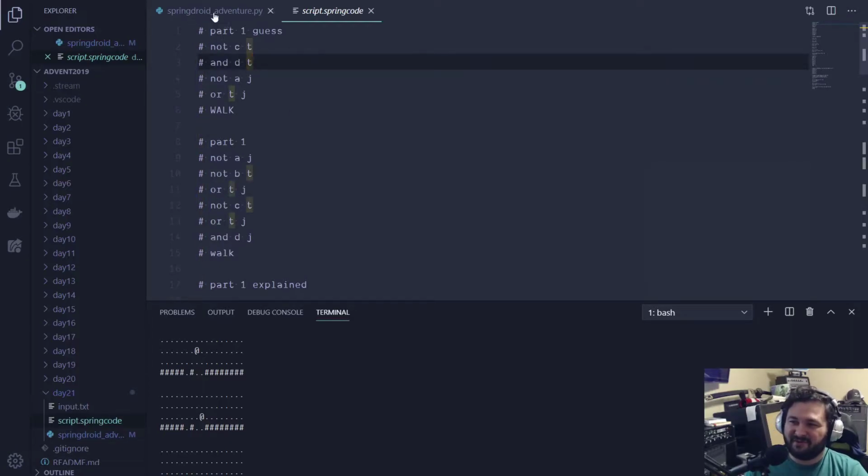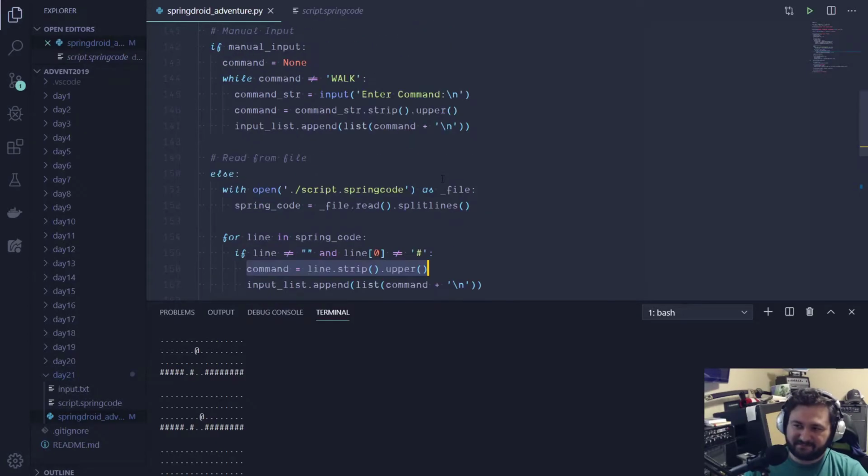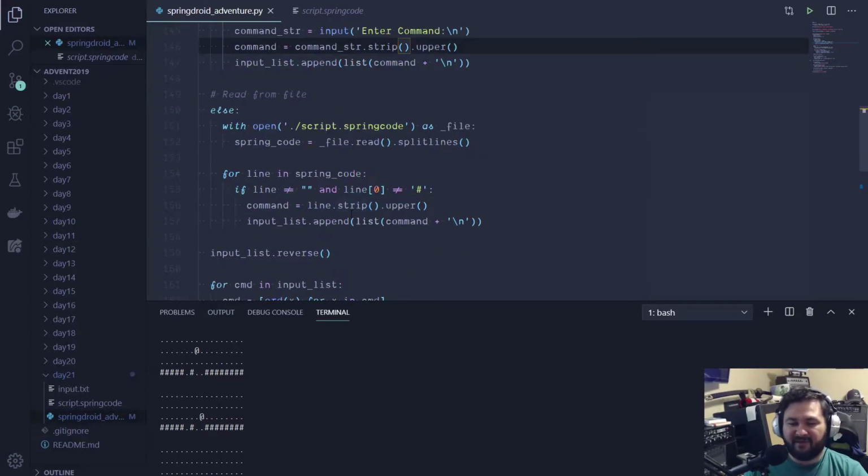So all these lines are commented, and in the code, I basically parse this file, split it into lines, and then for each line, I say, hey, if the line is empty or if it starts with a hashtag, ignore it. Otherwise, go ahead and do the same thing as these commands up here, essentially, and make everything into a list,